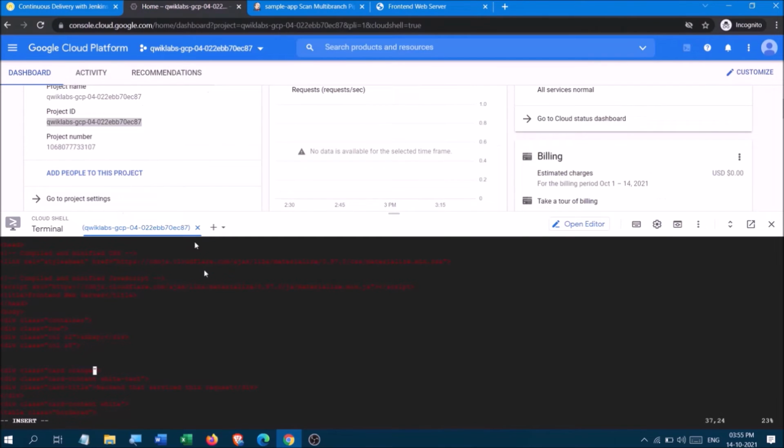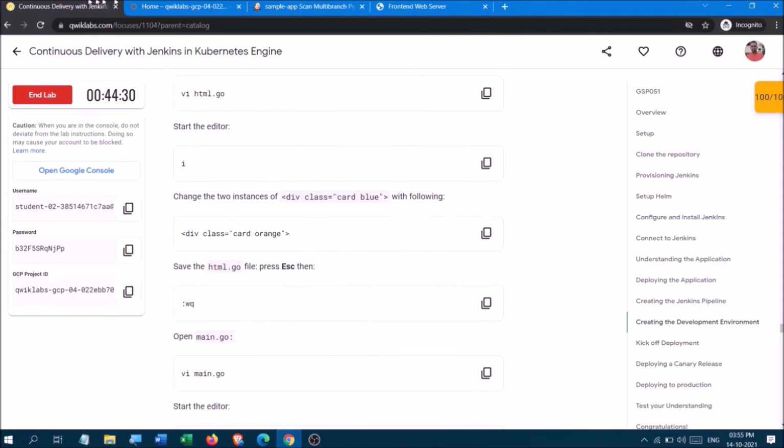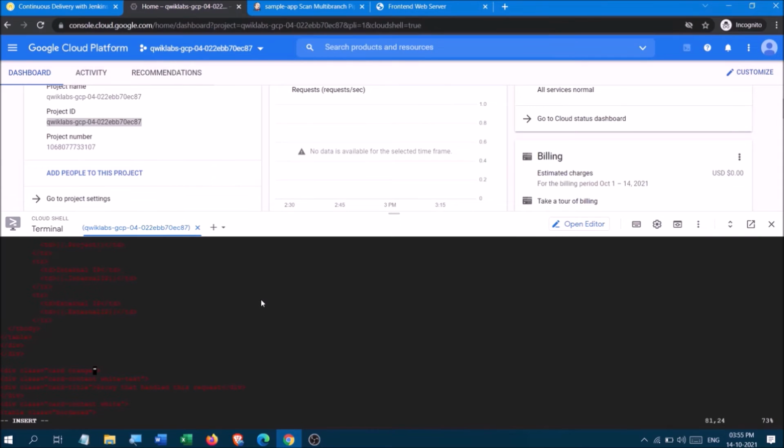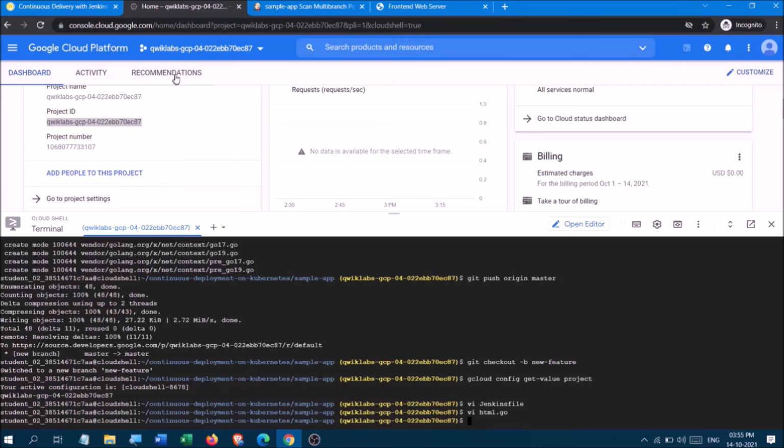Okay, so looking for one more because they have told it is there one more. Okay, here again it is there, so copy orange. Okay, again you have made the changes, click on escape, then paste this command directly. Or you can write it as it is and click on enter. Okay, the file has got changed.